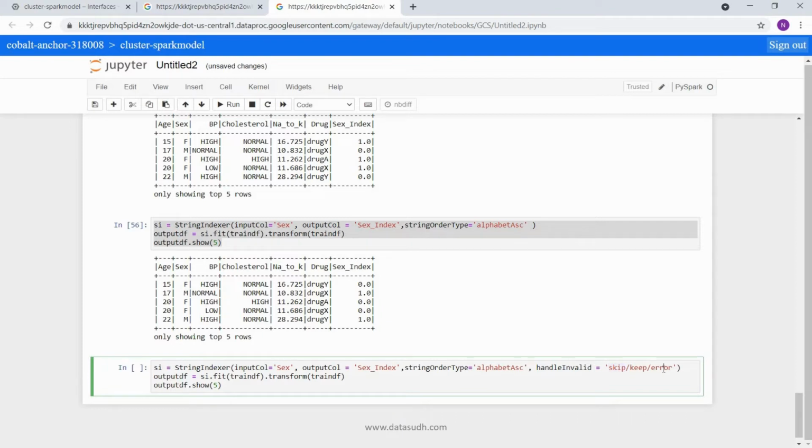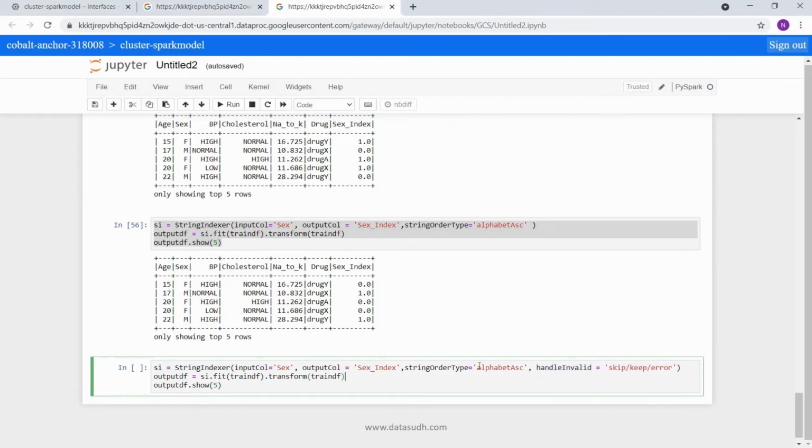When we use error, it throws an error when it finds invalid data. And when we use keep, it puts the invalid data into a special bucket, that is, it creates an extra index for these invalid values. By default, if we don't specify this parameter, it is always error.